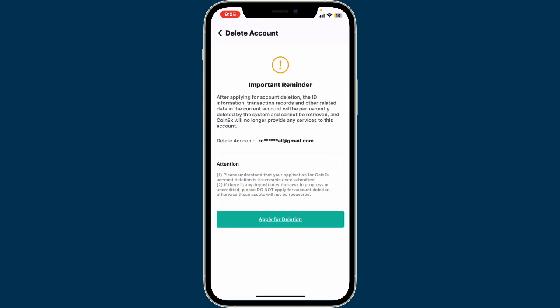Now, go through the information first. After applying for your account deletion, the ID information, transaction records, and all the related data will also be deleted by the system, and it cannot be retrieved. So be sure if you really want to delete your account, and if you do, simply tap on Apply for